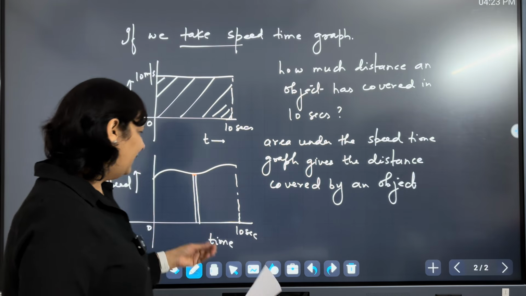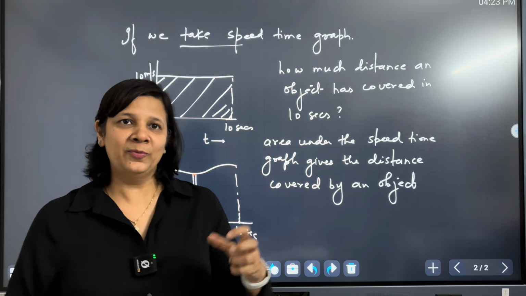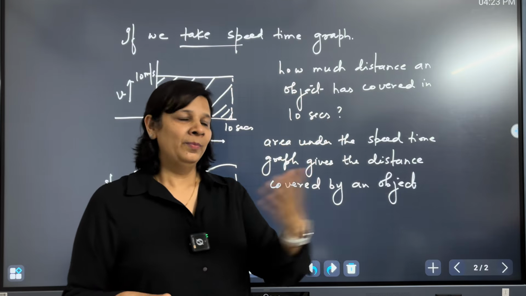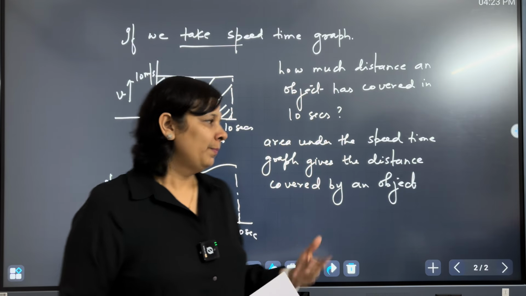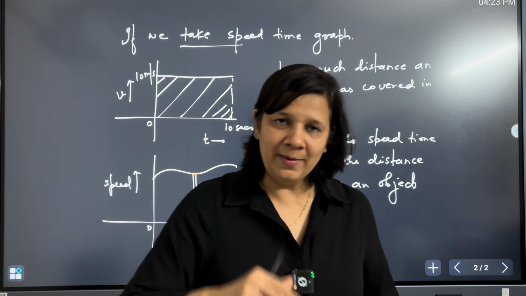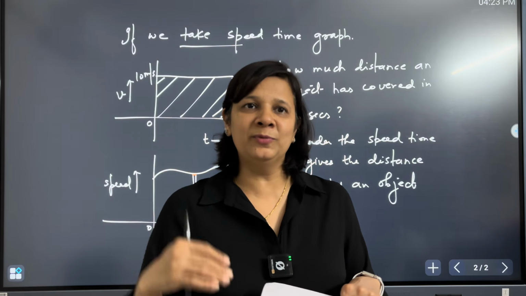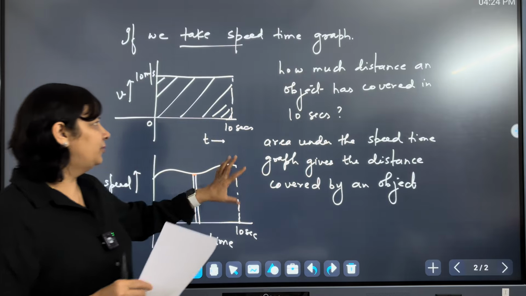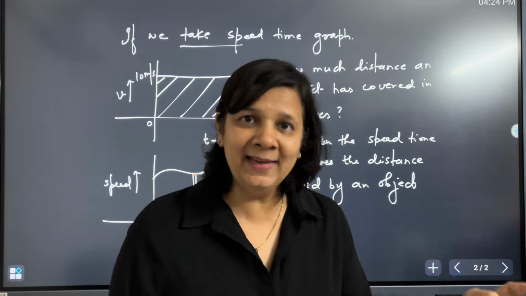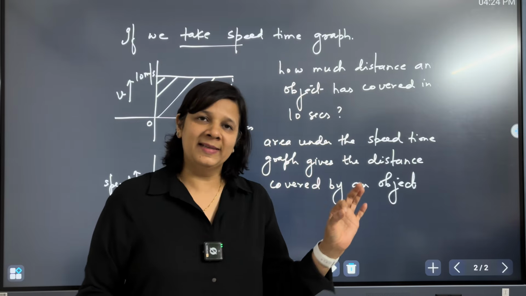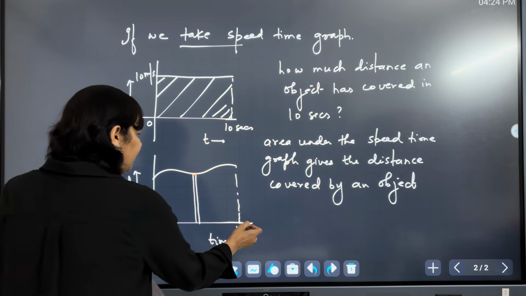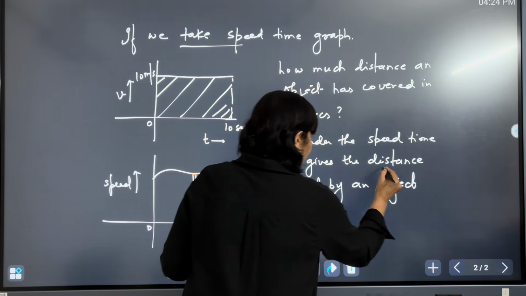So area under the curve, from here the idea of integration, that is the summing over the whole journey, comes into the picture. I am not going into detail on this again, we will come back to it. So if an object is moving with non-uniform speed also, the area under the curve will give you the distance covered by the object.